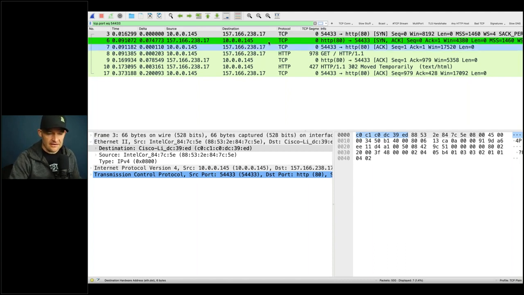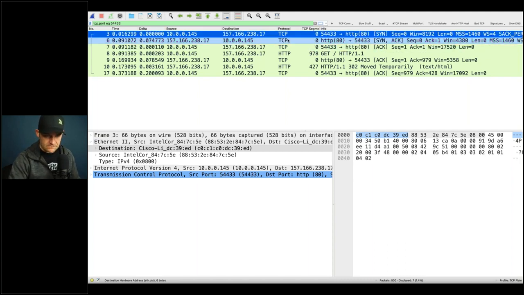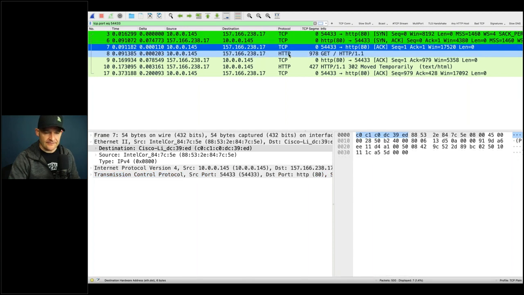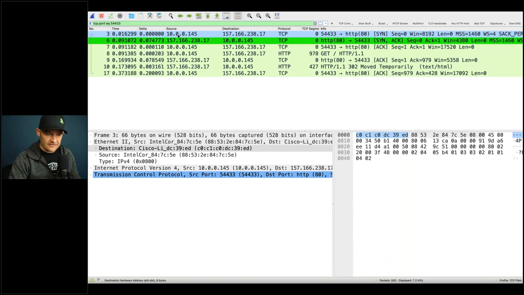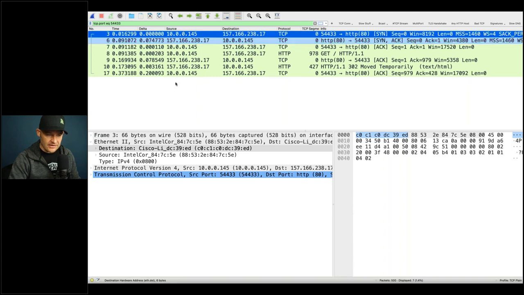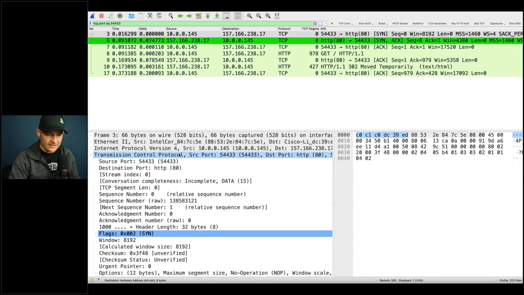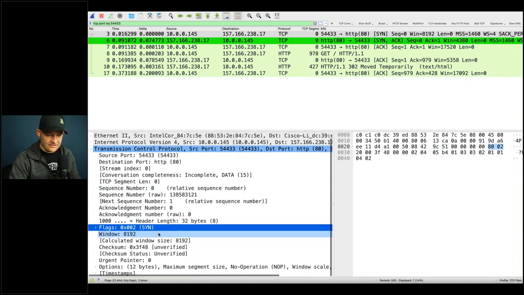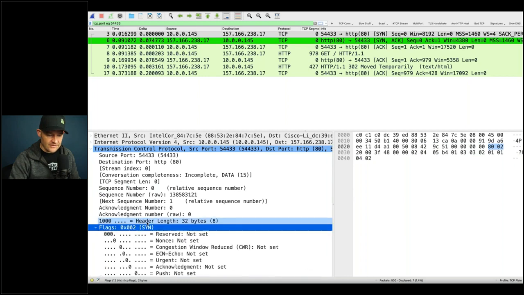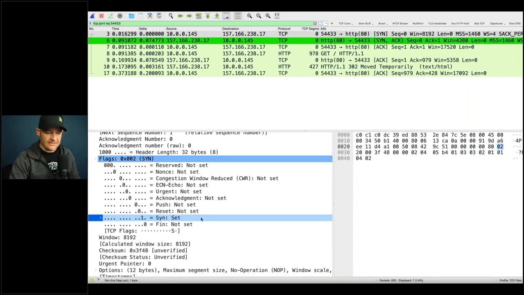Now let's take a look at our handshakes. A SYN, SYN-ACK, ACK. All right. Now, first let's paint these green because that's fun. So I'm going to select packet 3. And what I want to do is I want to come down to the TCP header and then notice flags. Wireshark's kind of doing this for me. It's just highlighting all this stuff for me. And it's saying, hey, the SYN bit is true in this packet. All right, so